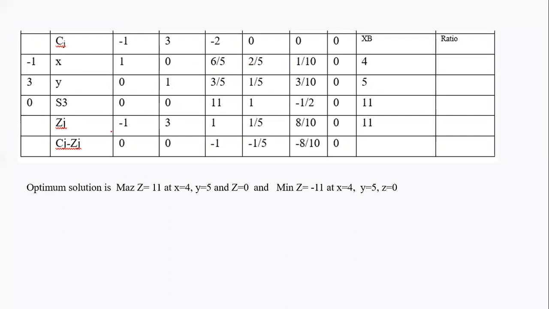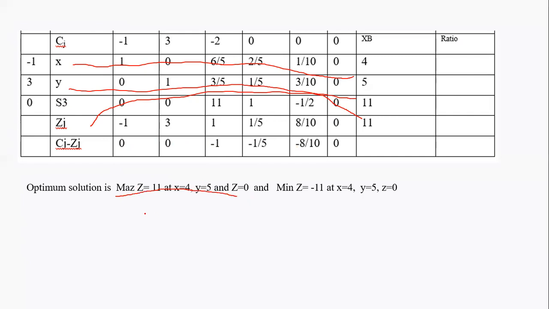This is all given in the LMS, the full notes. So you can go through those notes. Okay. So then you will find in the last table, the Cj minus Zj values. The process is the same. You need to do it till all the values in the Cj minus Zj row are either negative or 0. So now declare the answer. Z maximum is 11, at x equal to 4 and y equal to 5. So this is the answer.